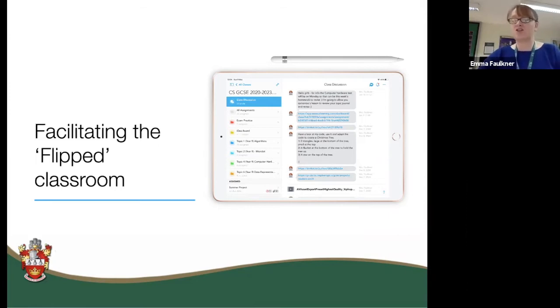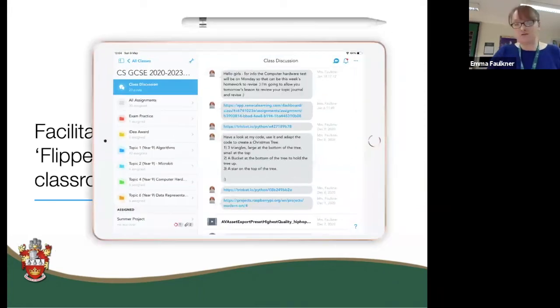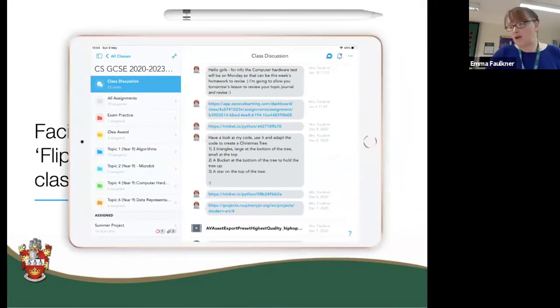Where Showbie class discussion has been so important is actually providing that one-to-one or one-to-many conversation between all of them in the classroom. That was so important during lockdown. As you can see here, a Seneca resource has been provided which contains more course content that the pupils can review, reflect, revise, and go back through. My lesson to learning about hardware here